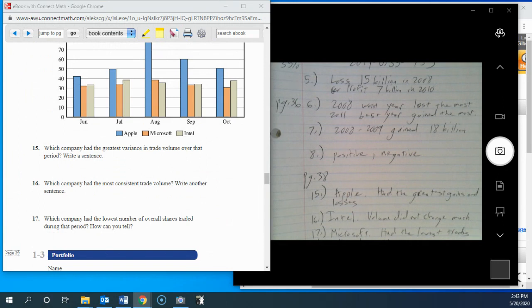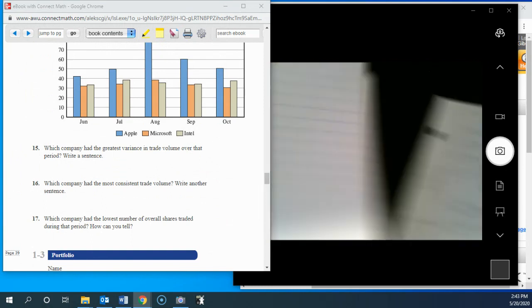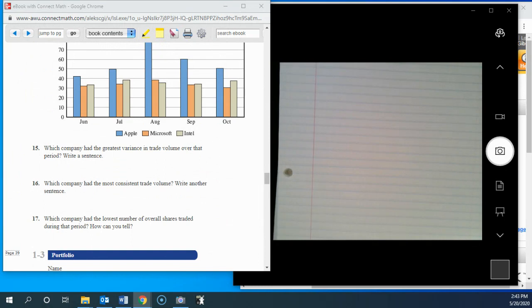Okay, now that is basically it for 1-1 through 1-3. Now I did